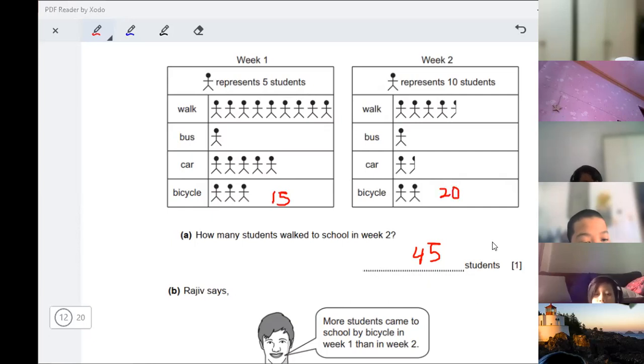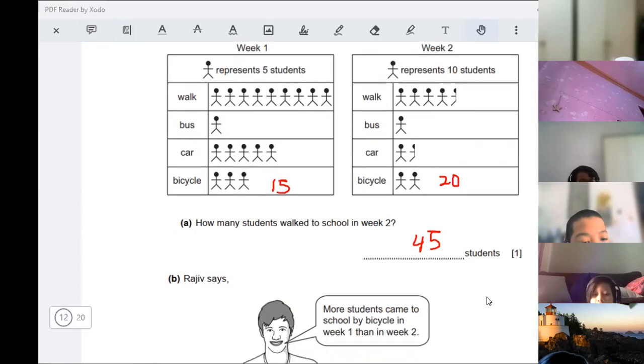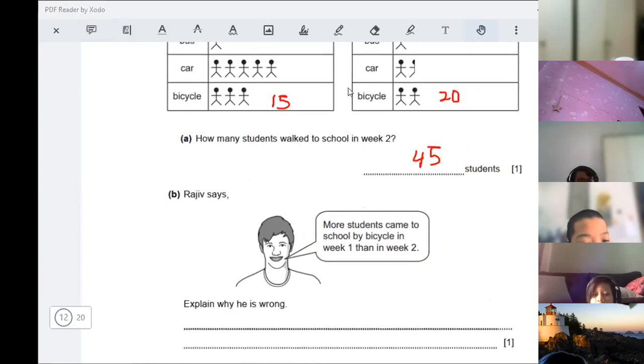So is Rajiv correct? No. Explain why he is wrong. How do we explain it here? Rajiv is wrong because